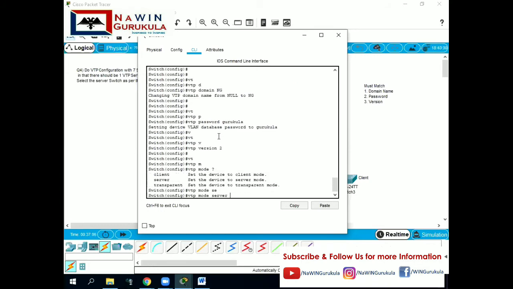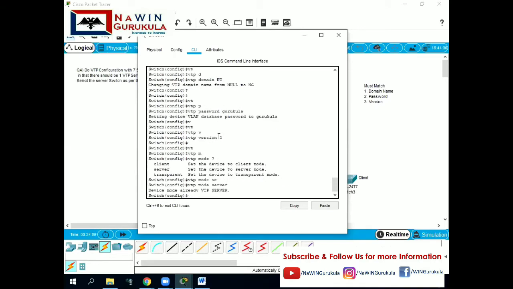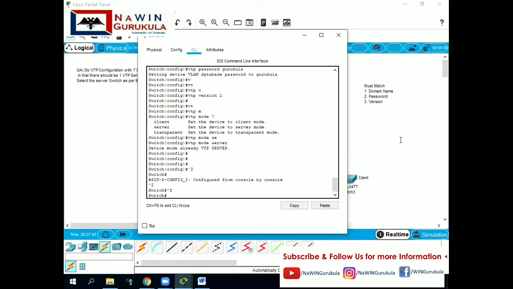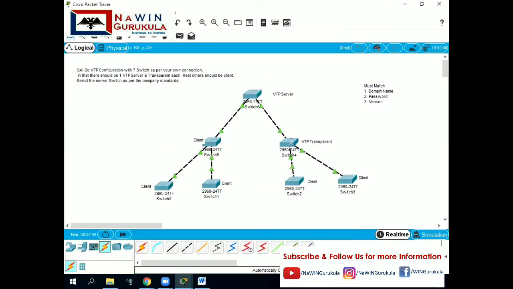Since I need this as a server, I'm configuring it, and you can see an alert message that the device mode is already VTP server. Any new fresh switch, once it boots, will be in server mode by default. Until you change that mode, it will be VTP server. So now I have made this a server.